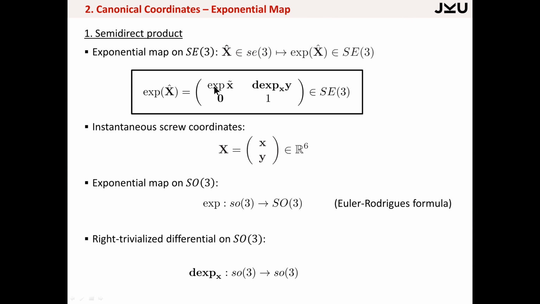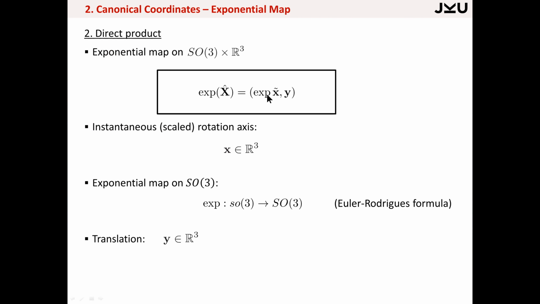In a bit more detail, the first exponential is the one on the rotation group, and this is usually called the Euler-Rodrigues formula. So you plug in this little x, which is the unit vector along the rotation axis times the angle, and then what comes out is the rotation matrix. And this is just a differential of this. And that's fine. For the exponential map on the direct product, this is of course much simpler, because you just have the rotations, and then the translation is just the parameter that you're using,